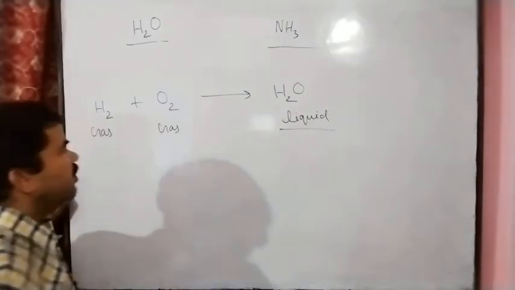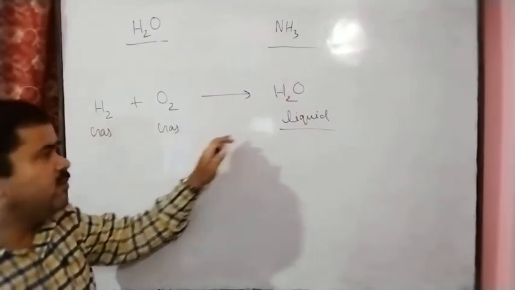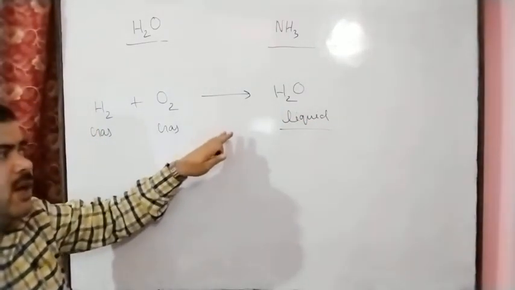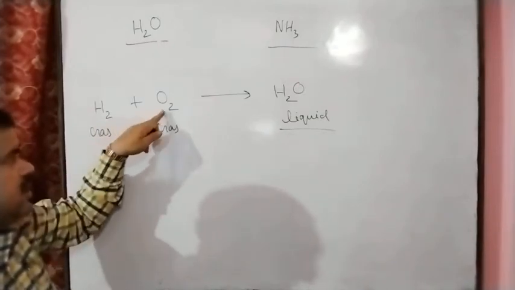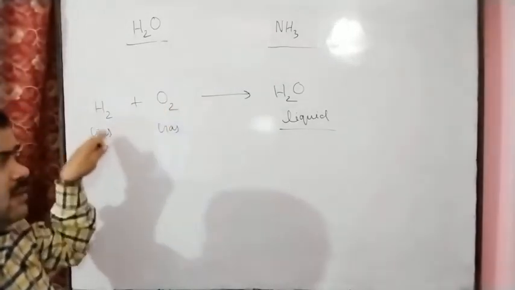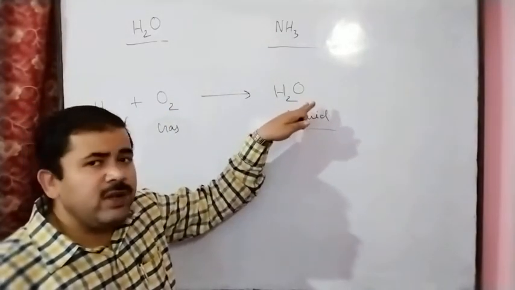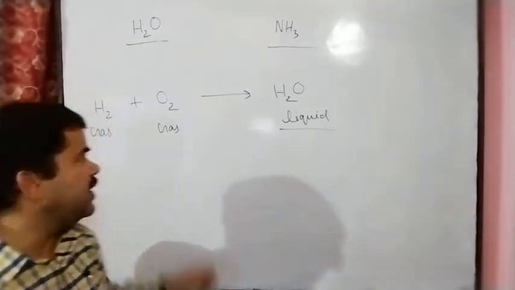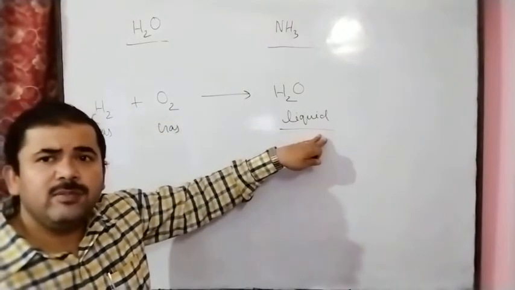So we can see when the hydrogen and oxygen combine, means react with each other, we are getting the water, and totally different property we are getting. Here hydrogen is in gaseous nature, and oxygen also is present in the gaseous form, and due to the reaction we are getting the water, and water generally found in the liquid state. So totally different property we are getting, this gas combination, and we are getting the liquid.